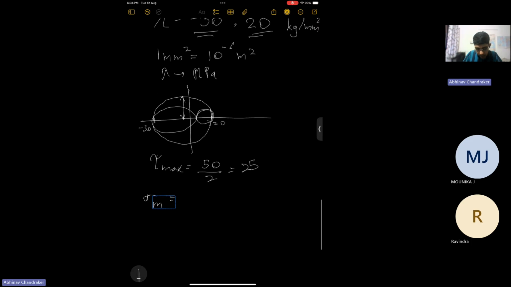Actually, the mean of the principal stresses or the mean of this stress rate all will be the same because